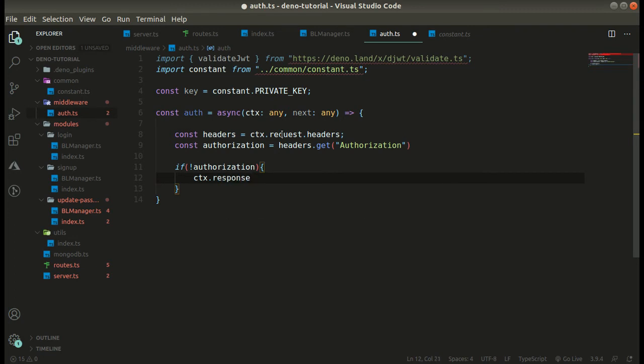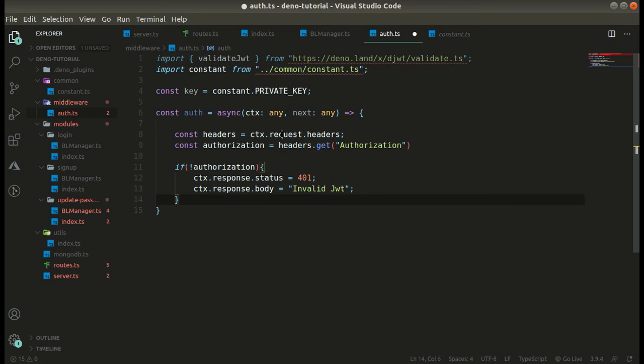We also have response in this object, and we can also set status equal to 401, for unauthorized, and body equals invalid JWT token. Let's make it small, JWT.